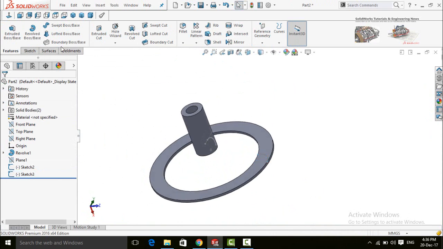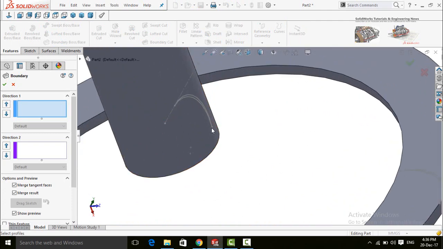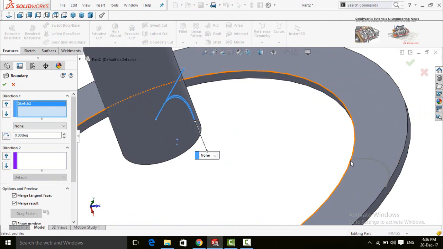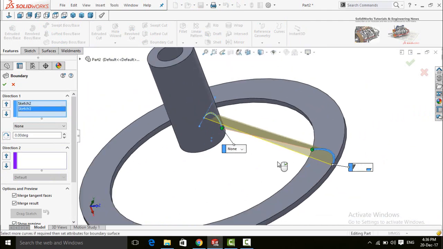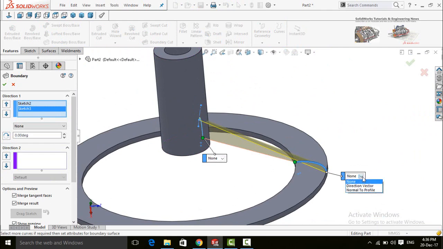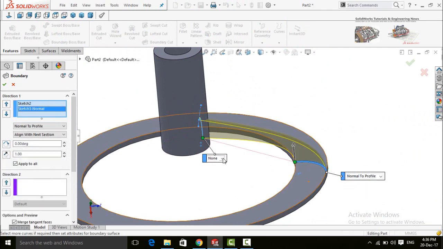Go to Features tab and select Boundary Boss Base command. Select this point and then this point. Drop down this option and select Normal to Profile, and also for this Normal to Profile.